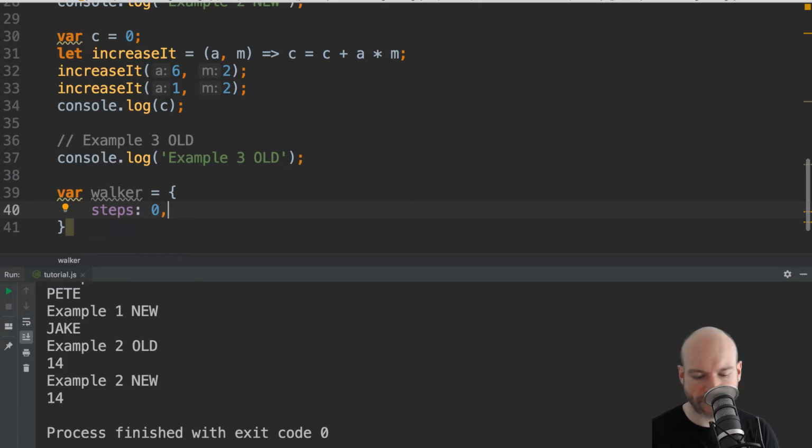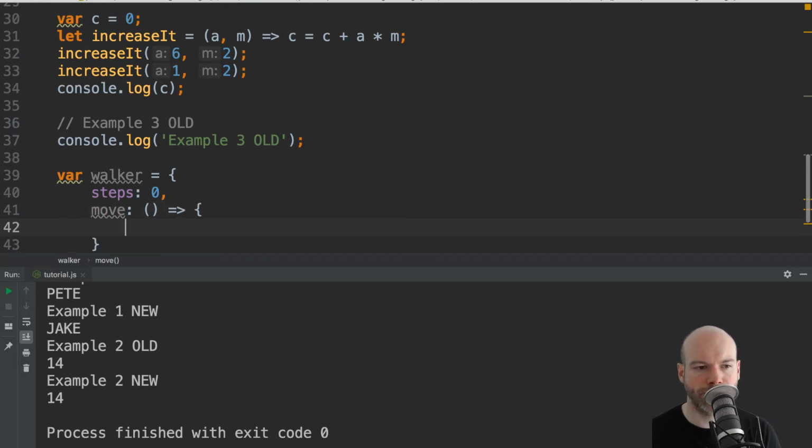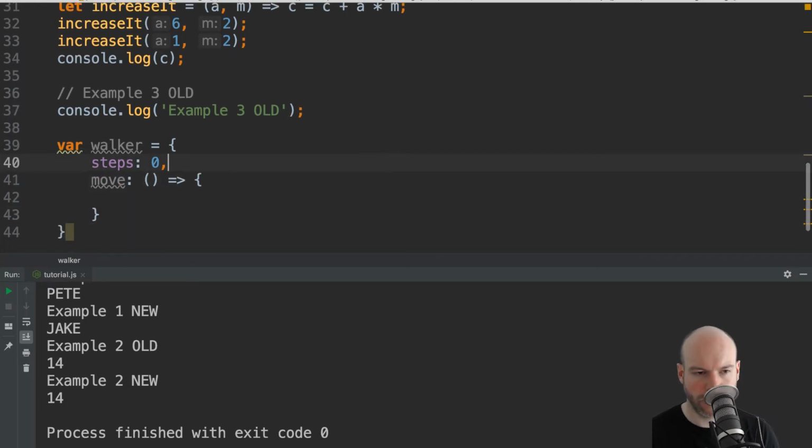And we can have a method in here called move, right? So you could have move, and then you would think that you could do this.steps++. However,